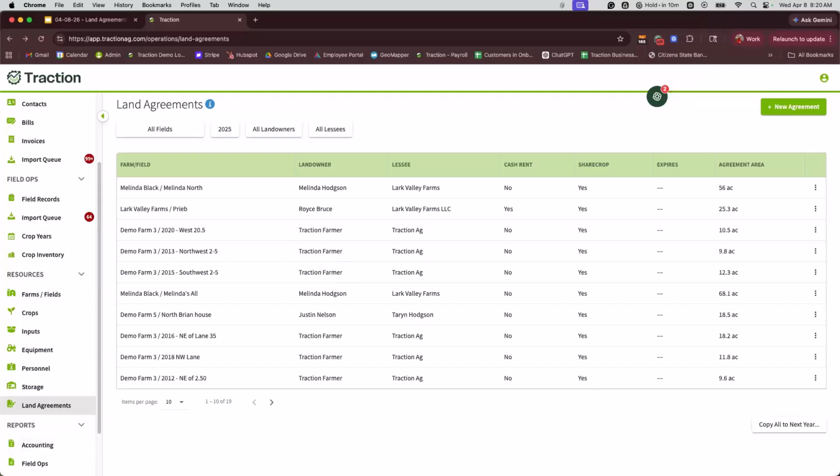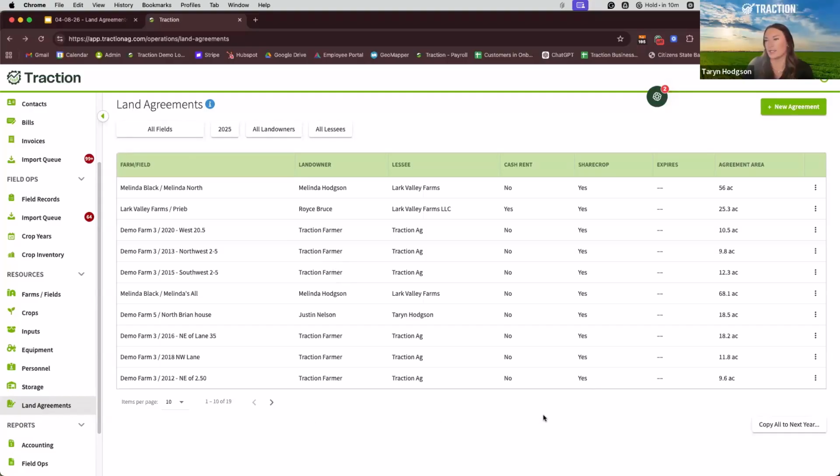Another question: does land agreements include crop insurance split to reflect the actual crop insurance split also? It does not. So if we had a crop insurance check and you wanted to allocate half of it to the field to reflect that, you could do that. And Brian, correct me if I'm wrong, because if you're in the check and you want to allocate that expense to that field,